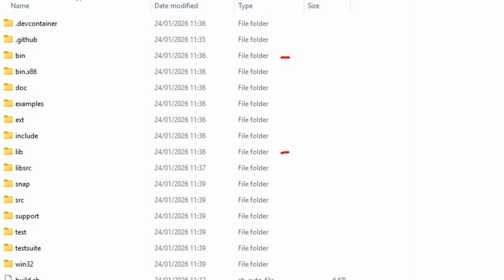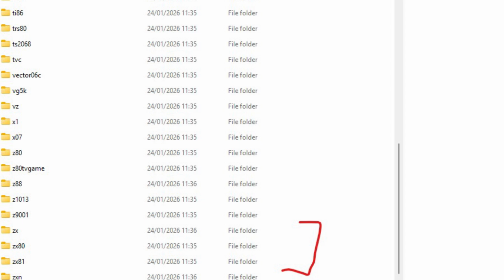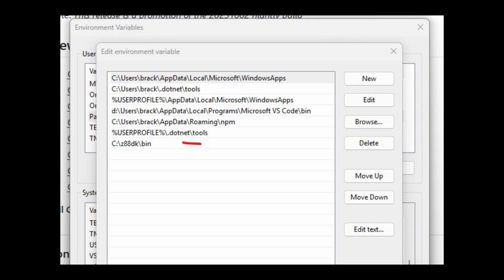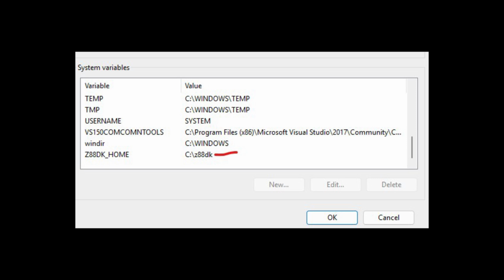To check I got the correct version, I looked in the source on my C drive and saw the targets for the Sinclair machines, ZX81, Z80, etc. were there. In the bin files were the tools executables. To get the compiler to run on my Windows machine, it doesn't run on the actual Next, I had to set up my Windows path to point to the binary folder, c:\z88dk\bin, and also set up a system variable,